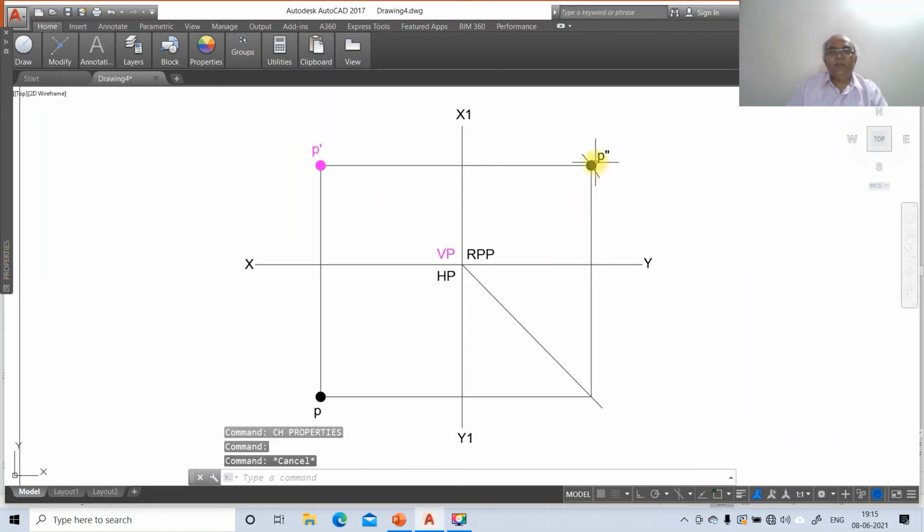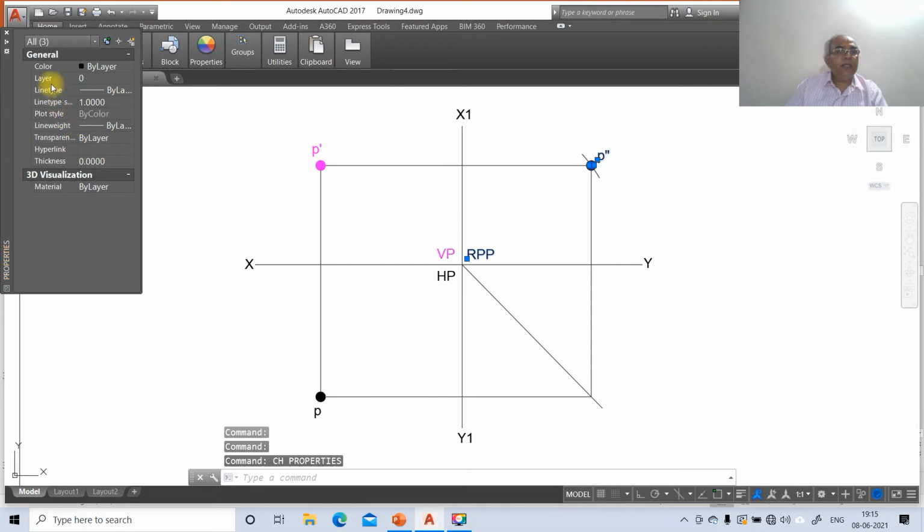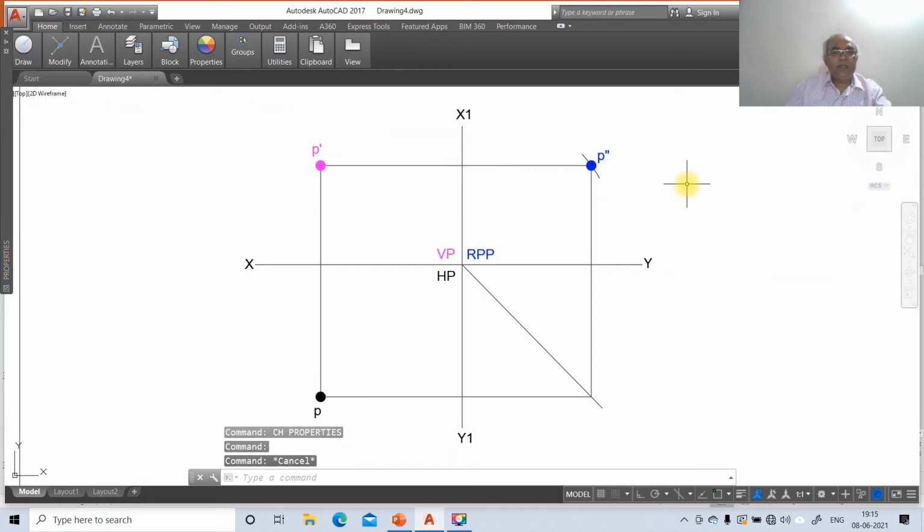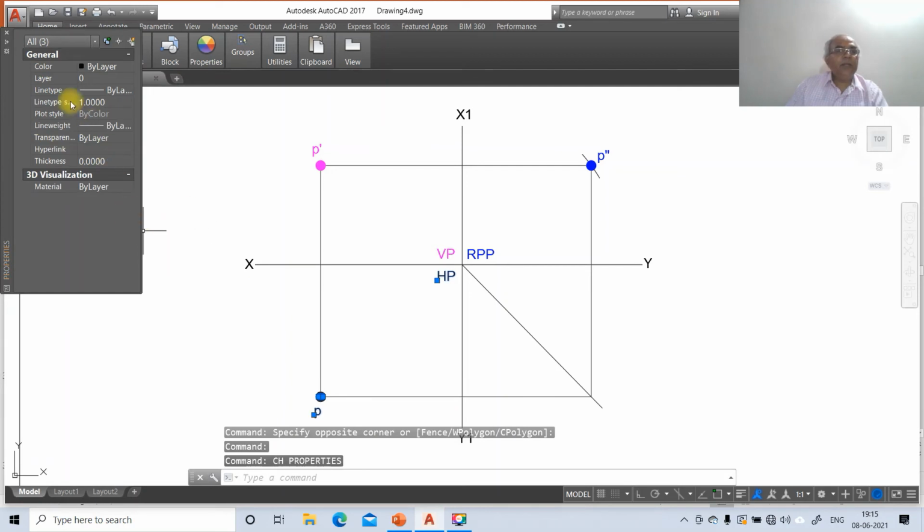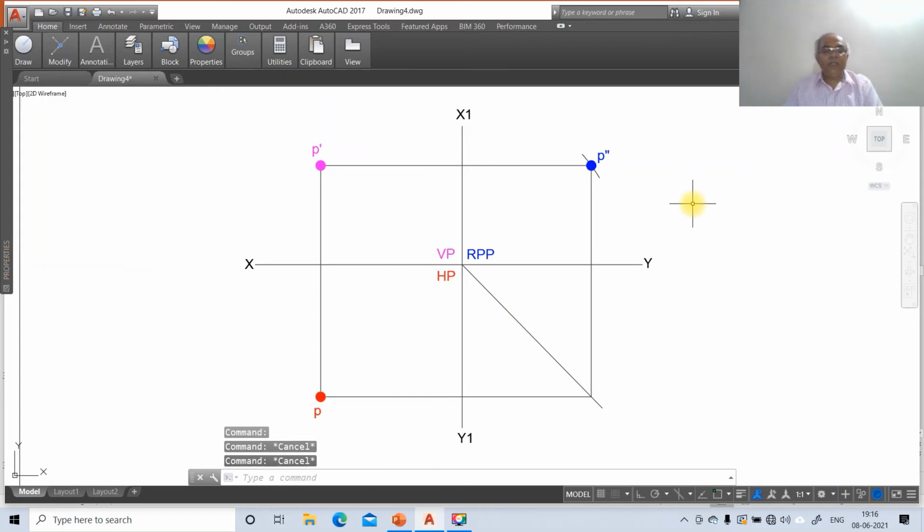Similarly, you select this, don't select the arc, then P double dash, then RPP, and go to CH, go to layer, make this layer side view. Then you select between these two by window, select this, go to CH, go to layer, and make that layer top view. Now we need to give the dimensions.